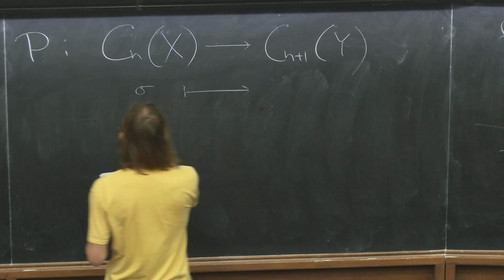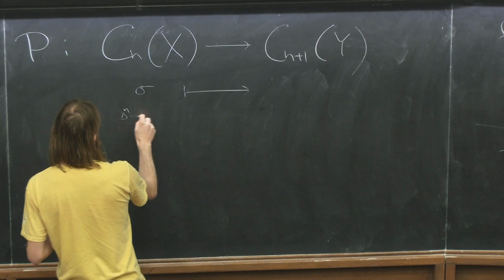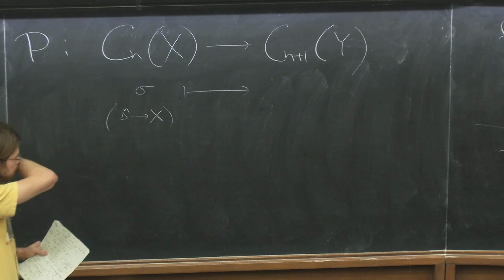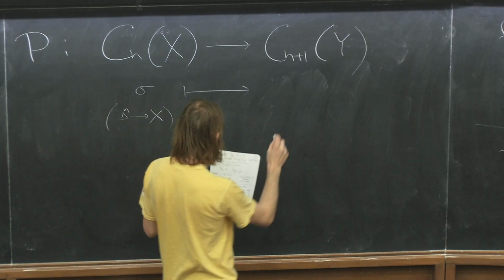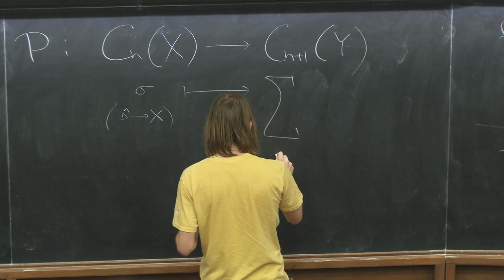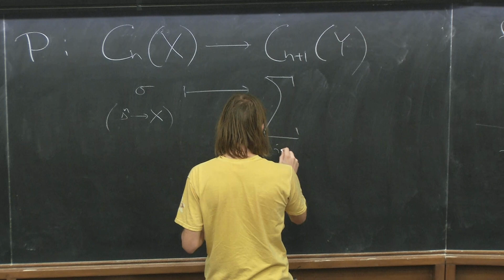And so sigma, which is a singular n simplex in X, was mapped to the following sum over i,